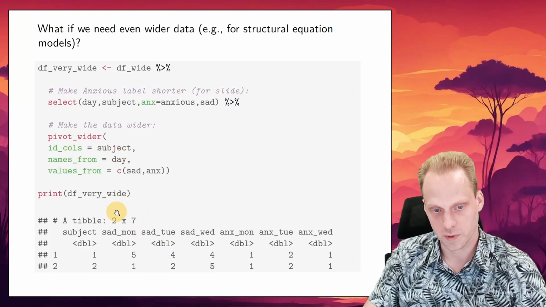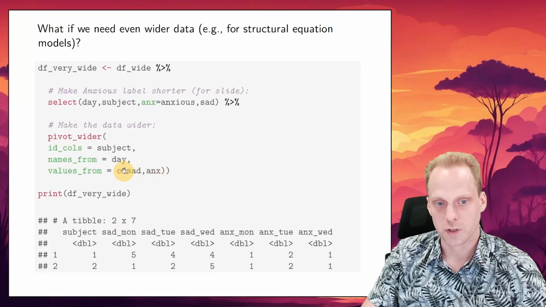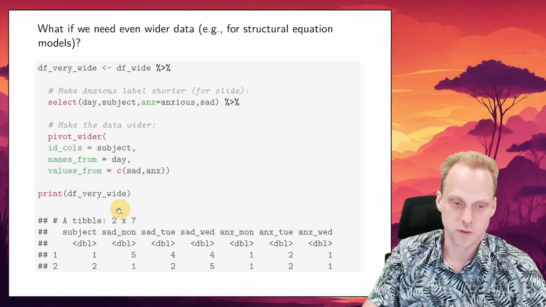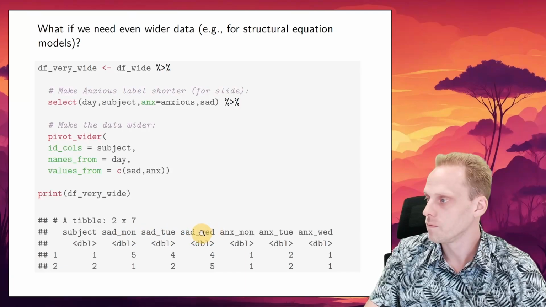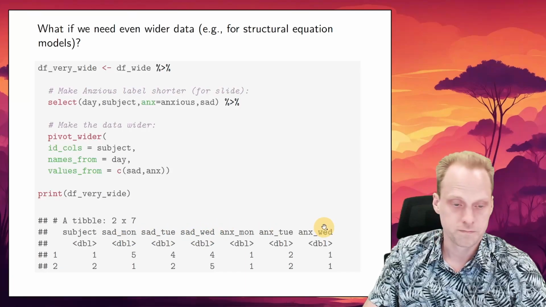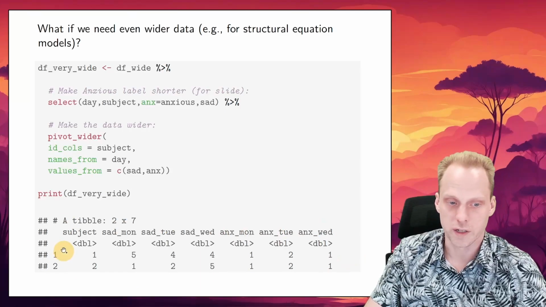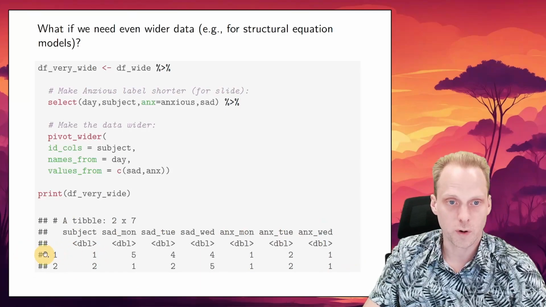I said names from day, Monday, Tuesday, Wednesday, but it also understood there were two variables to get my information from, so it made these nice column names, sad_Monday, sad_Tuesday, sad_Wednesday, etc. And it made this even much wider data where now every row is a unique subject, and